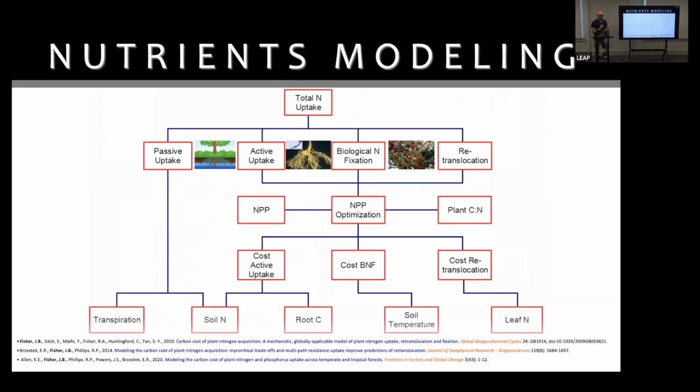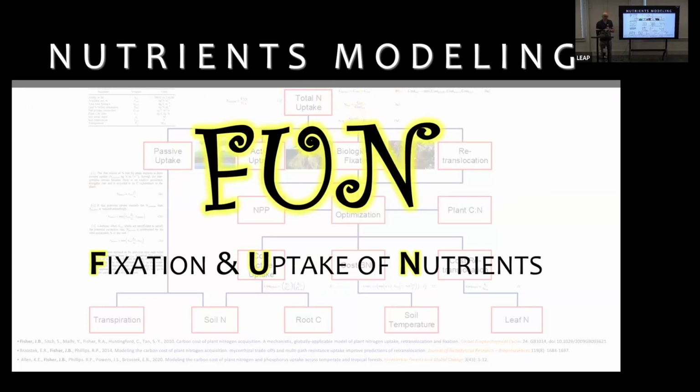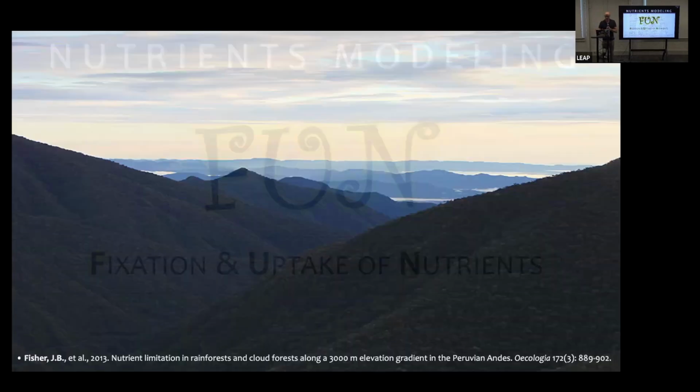So we started putting this into the models, and one of the models that I built for the UK climate model was a nutrient, or nitrogen, model, now with phosphorus. Lots of math and ecology in it. I think the most important thing that I want you to get from this is that I came up with a clever acronym for it, and it was called FUN, Fixation and Uptake of Nutrients. So I'm literally making climate modeling more fun. But now we have these dynamics in the models.